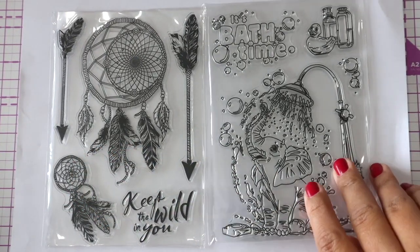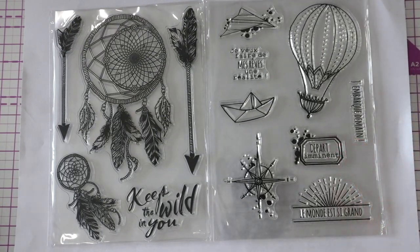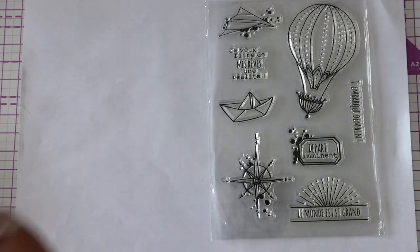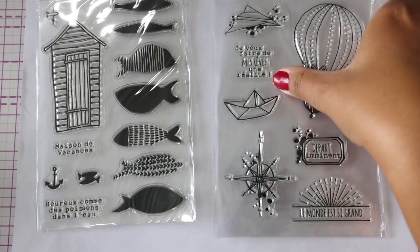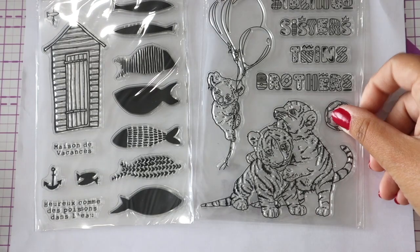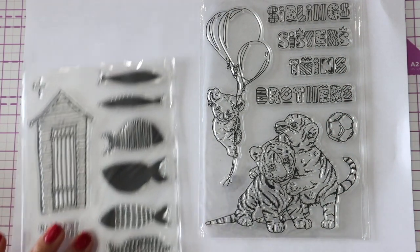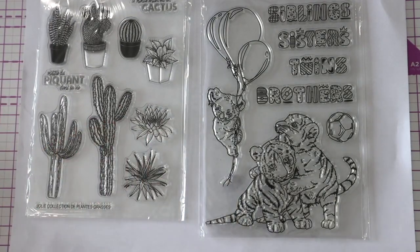Dreamcatcher. And more elements. Fishies. Baby tigers. Oh, and a koala. Trying to fly. Cactus. And the